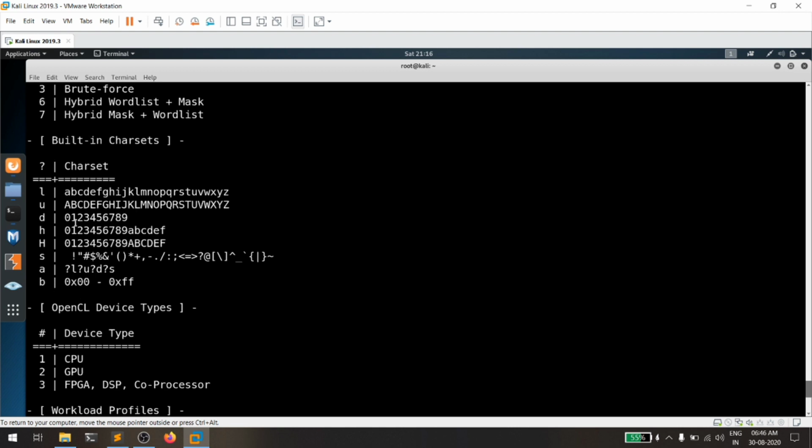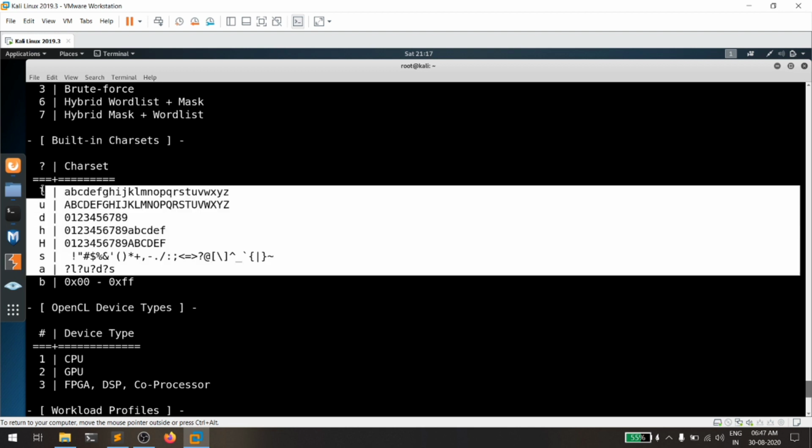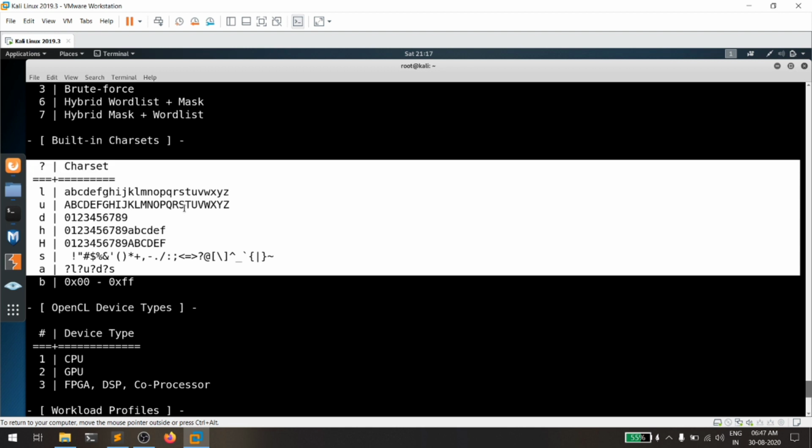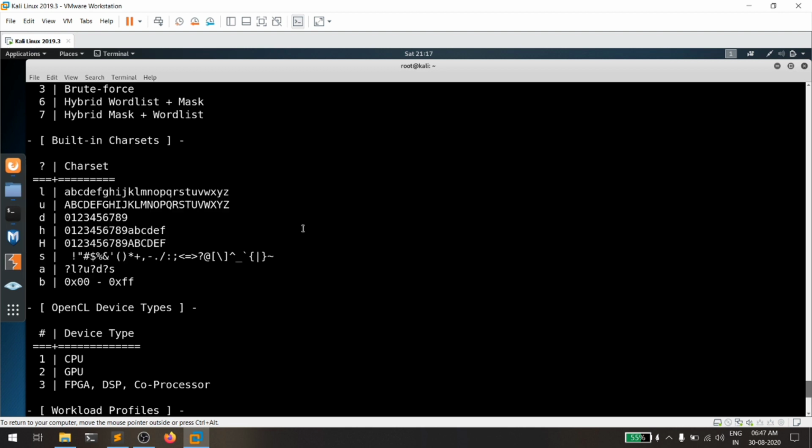Suppose you specify l, then it includes lowercase letters, uppercase letters, numbers, and also special characters. If you specify all of them, I guarantee it's going to take a minimum of 10 to 20 years. If the password is not complex, if it's easy, it's going to take just minutes.